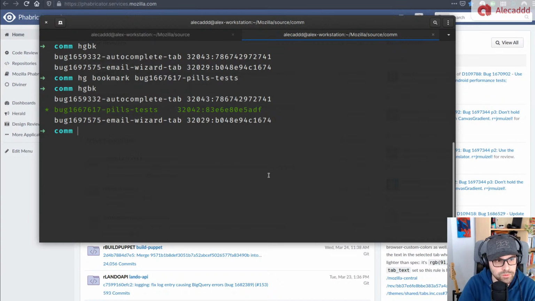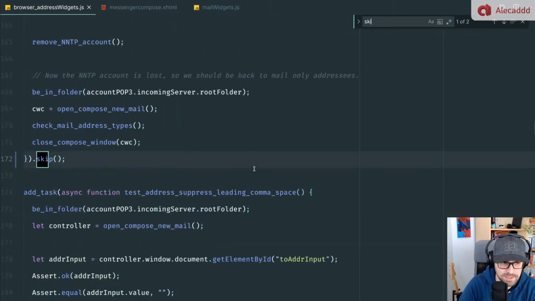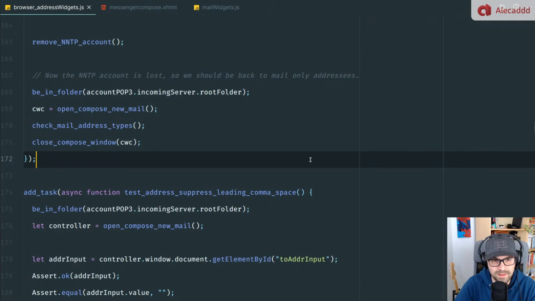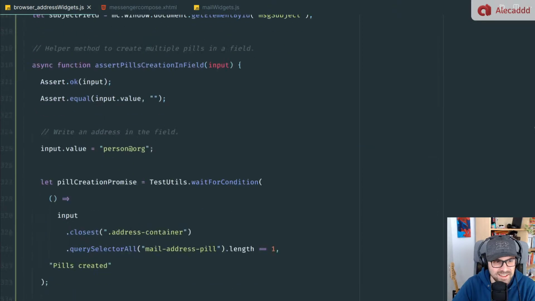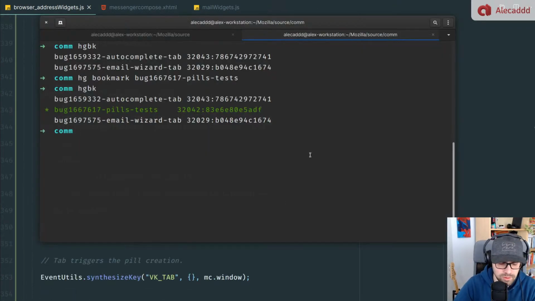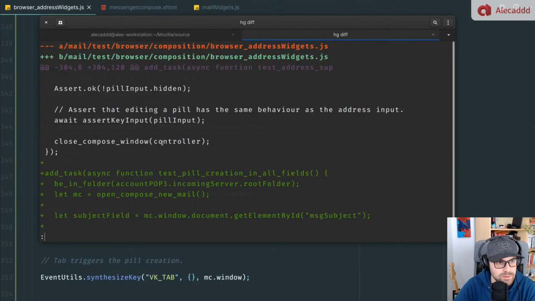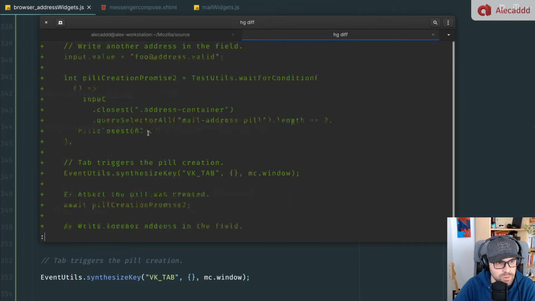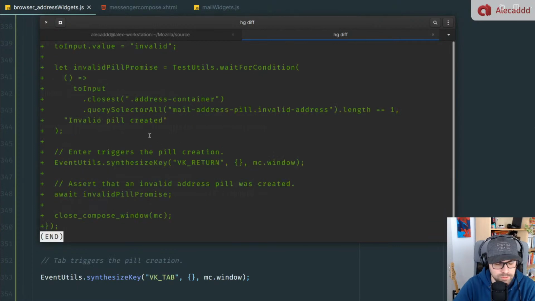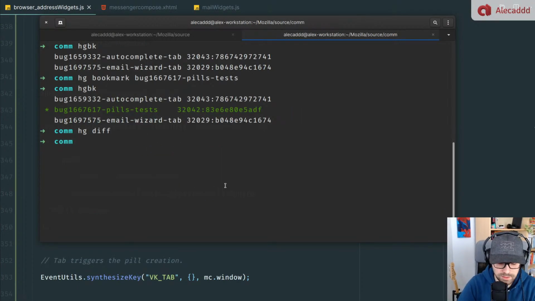So here we need to, first of all, do hg diff. Oh, wait, thank you, Draman. Okay, so we have this. If we do hg diff, yes, we have in our addressing widget, we are implementing the test. Okay. First of all, let's do hg add, and it's basically exactly like